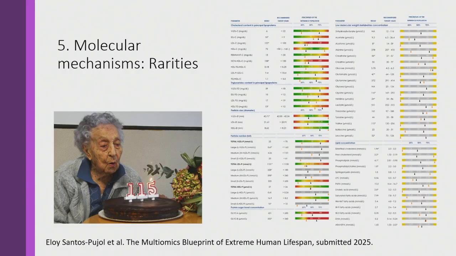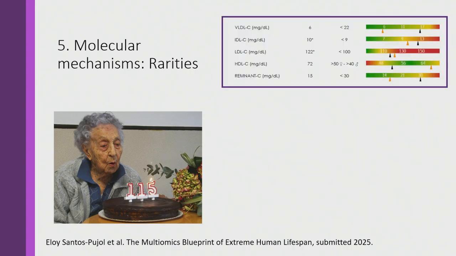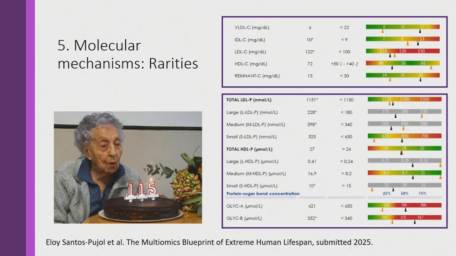And we compared her to the group most similar to her, which was all ladies, but only beyond 80 years, so a bit different in age from 115. But we can see that in her case, in orange, the values were, for example, in the case of LDL cholesterol, almost comparable to the ladies over 80. But when we take a look at her LDL particles, we could see that she had no small LDL particles. So maybe that's the reason that she was protected against cardiovascular disease.